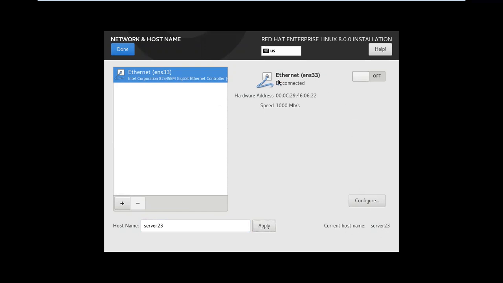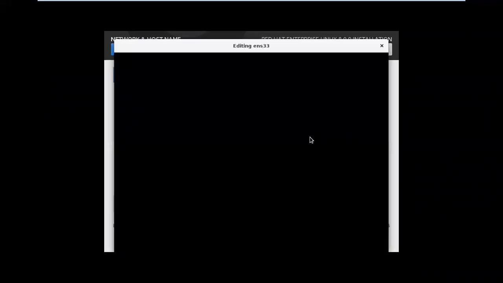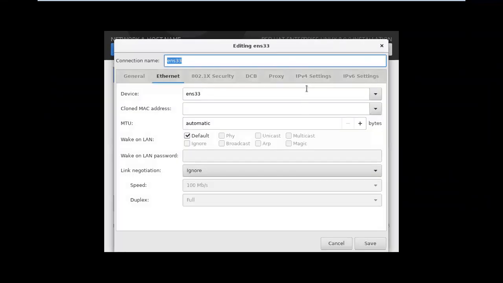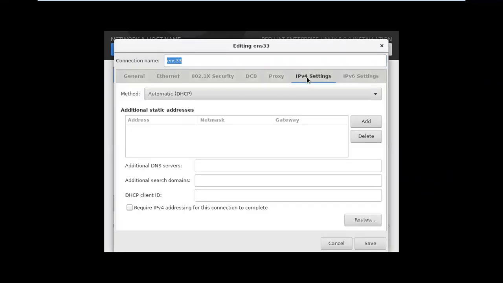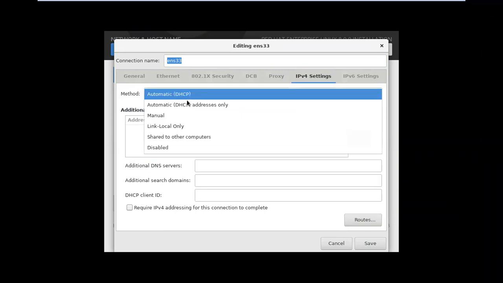Ethernet. So the network card name is ENS33, the logical device name of your network interface card. Click on configure. Click on IPv4 settings. The default method of IP address is automatic DHCP.